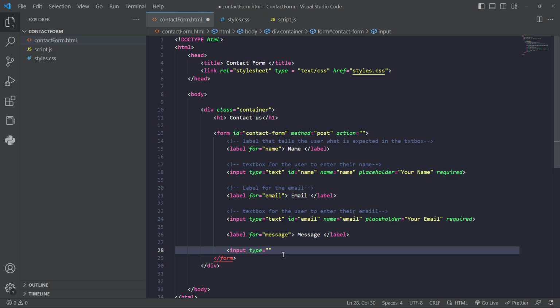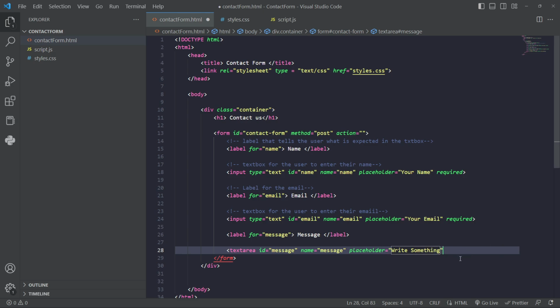Actually no, I'm not, I'm going to do it different. I'm going to use a text area like I said. Text area ID equals message, and then I'm going to use the name as being message, and then I'm going to use the placeholder as being write something,